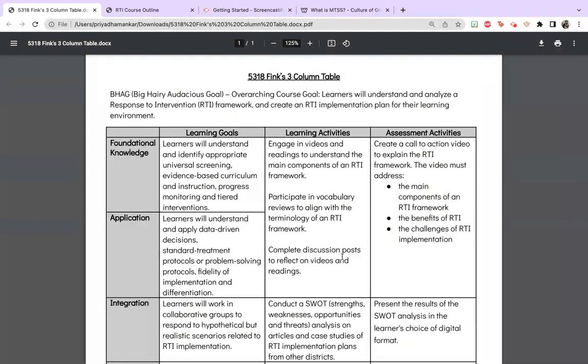Then I would also want to take the time to understand how data driven decisions are made, different protocols that are in place within the framework of RTI, and then other supports within the three tiers of an RTI framework.